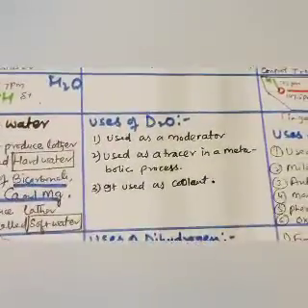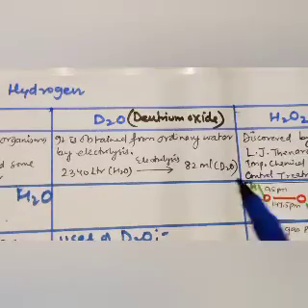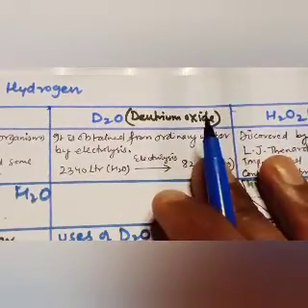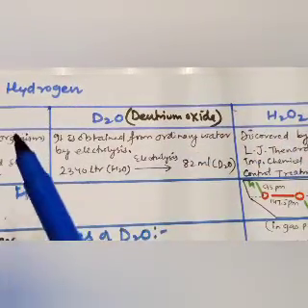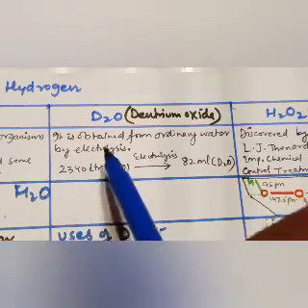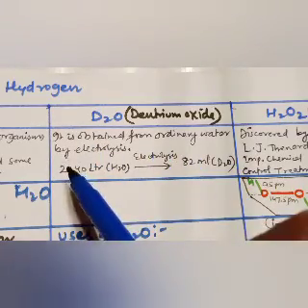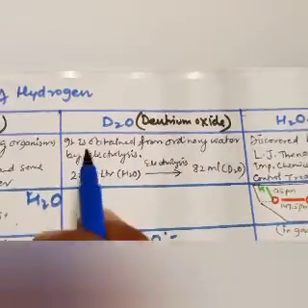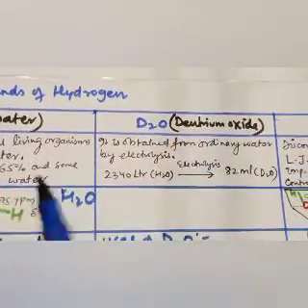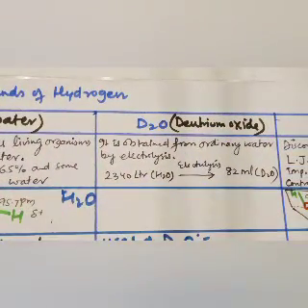Now, the third molecule, that is deuterium oxide. Today we will finish deuterium and hydrogen peroxide also. So deuterium oxide is obtained from ordinary water by electrolysis, which water we have studied here. Deuterium oxide can be produced from ordinary water, but